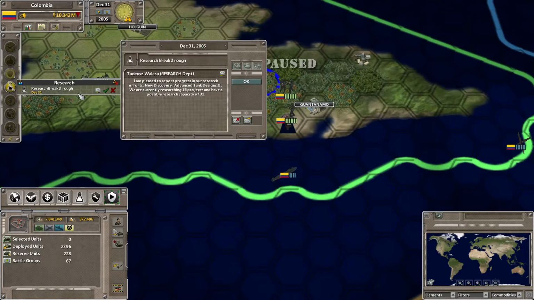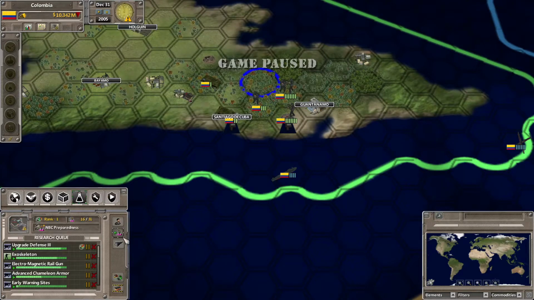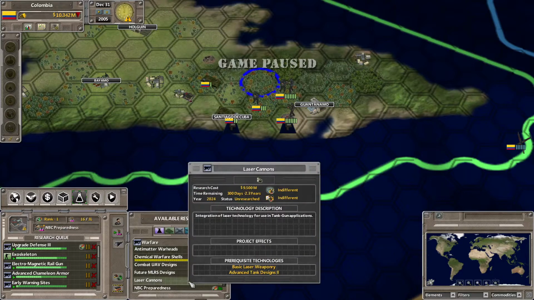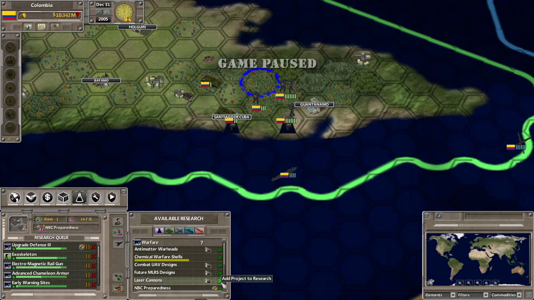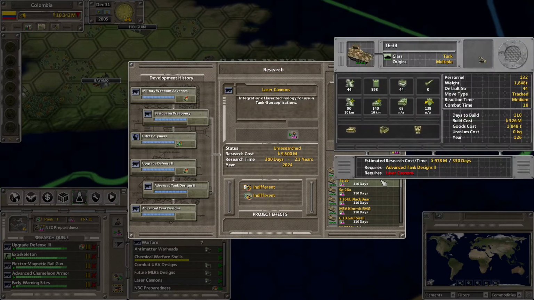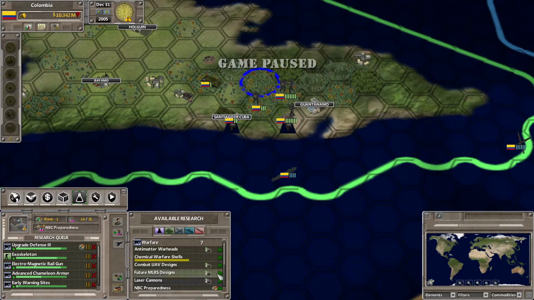Research breakthrough. We got the advanced tank designs level 2, and we lost some territory. Okay, so advanced tank designs, that should unlock another one. Ah, laser cannons. It's a long-term research for sure, but that should unlock more tanks, I reckon. It's a USA tank. That's multiple. Okay, so let's just put that into the research queue, and I reckon there's going to be a new... No, there's no new tank design for us. Wow. Okay,